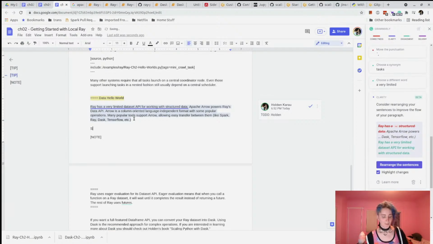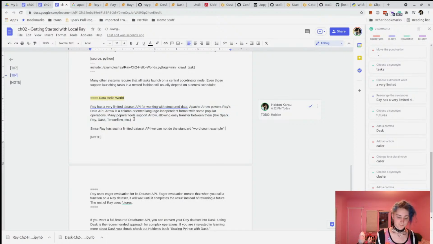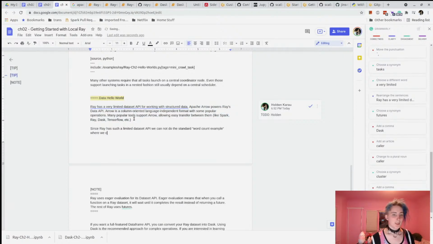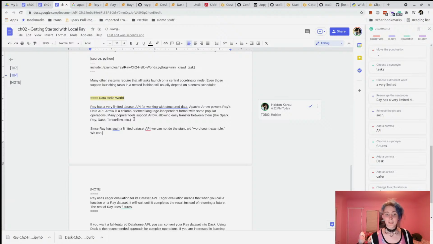Since Ray has such a limited dataset API, we cannot do the standard word count example found in where we count word count example. We can